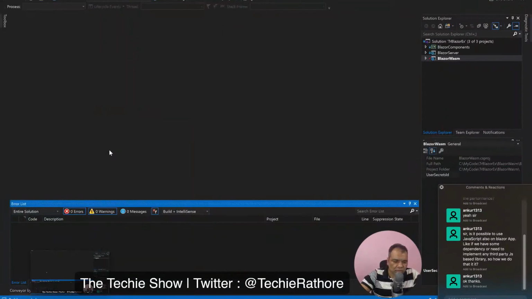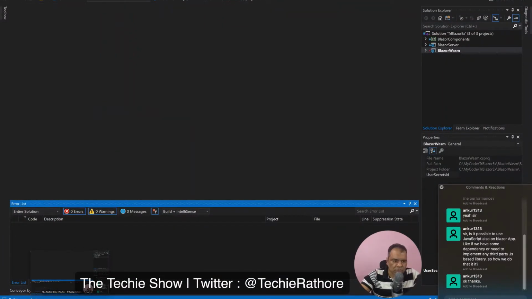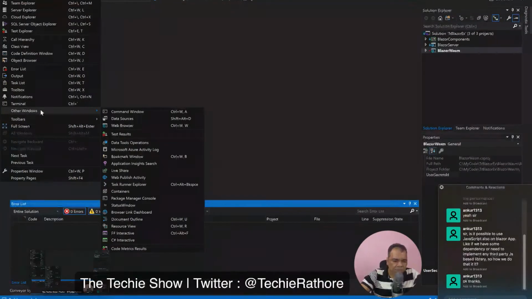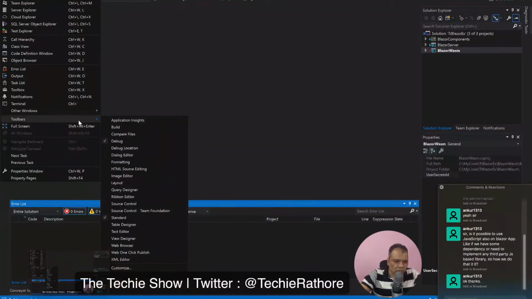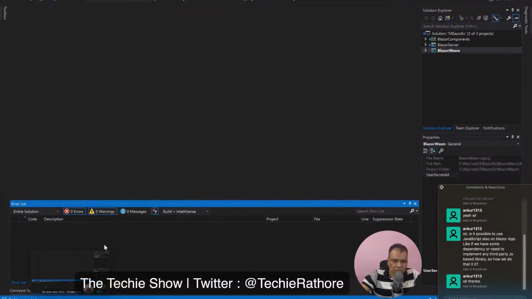But let me see where that toolbar is. This toolbar, where source control, standard, table, text editor, web browser. Let me check this web browser toolbar. What is there in this web browser toolbar? Come on, man.